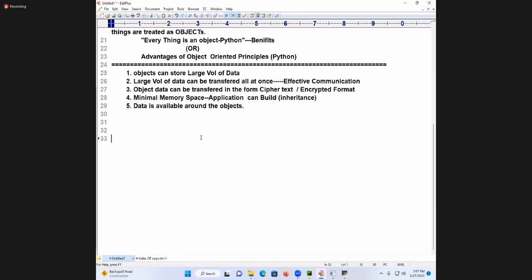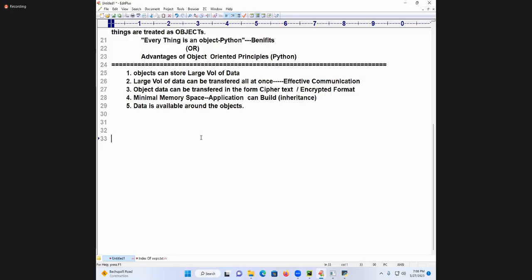so much faster execution will take place. If I define the same ML application with functional programming, it takes more time. That's why OOPS is popular in every industry, because that will take a lightweight component. Functional programming is a heavyweight component, because every time you are defining the function. But in OOPS, once you define one function, you carry it and use it again and again without taking any memory